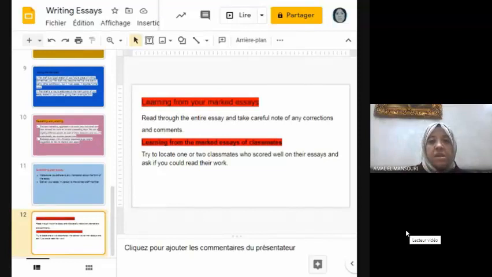Your spelling. You should write a good paragraph that includes the topic sentence, supporting details, and the concluding sentence. Make use of the connectors, and you shouldn't write beyond the scope, okay, that you will be given in the paper.